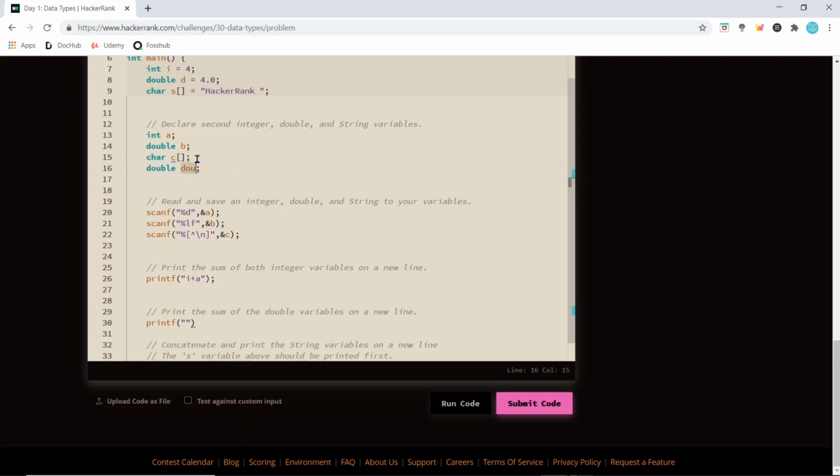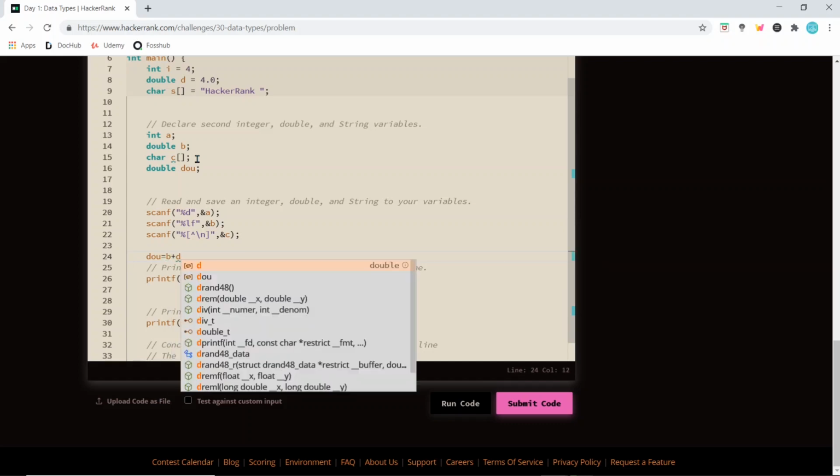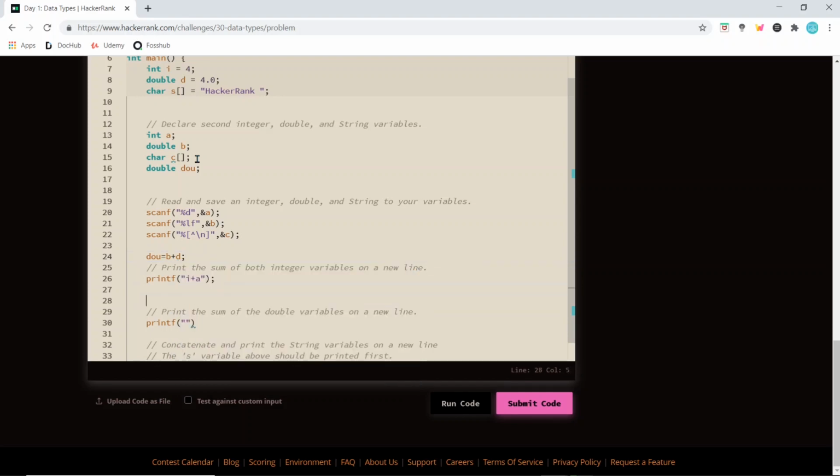So b plus d is equal to dou. We write dou after these three scanfs. dou is equal to b plus d, right? So we simply print dou.